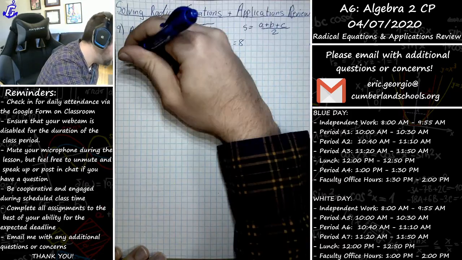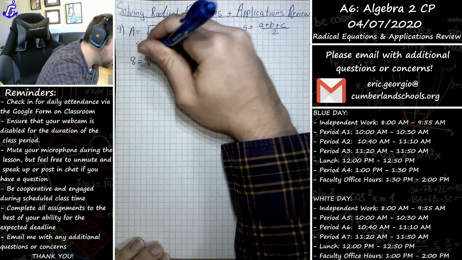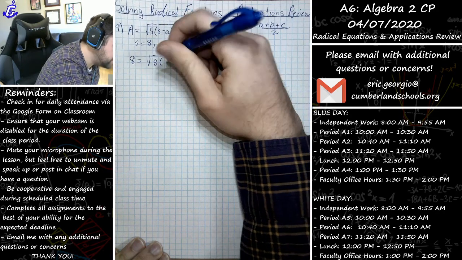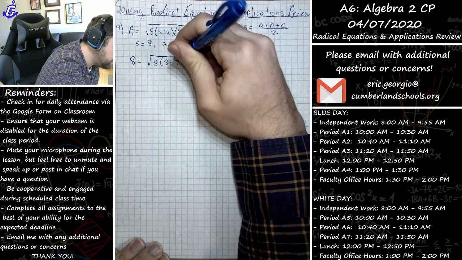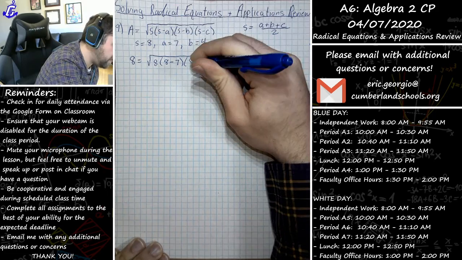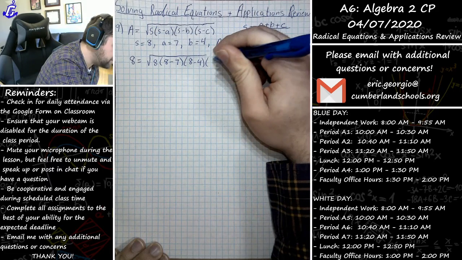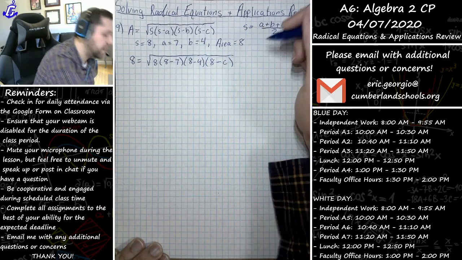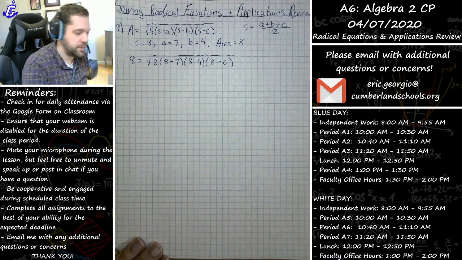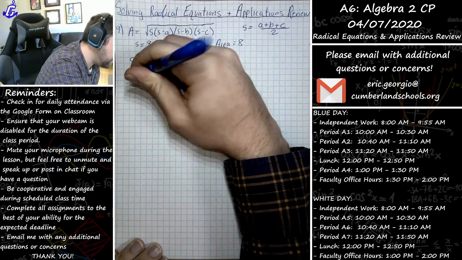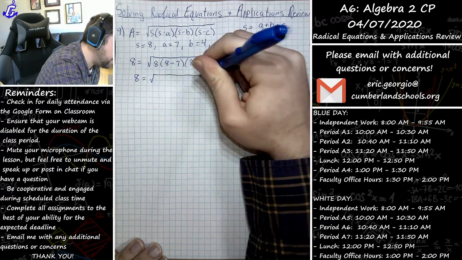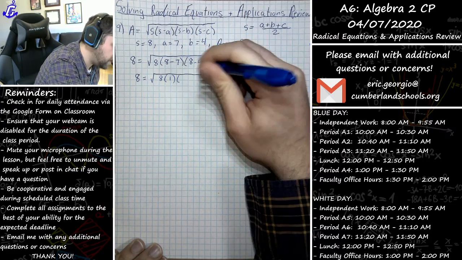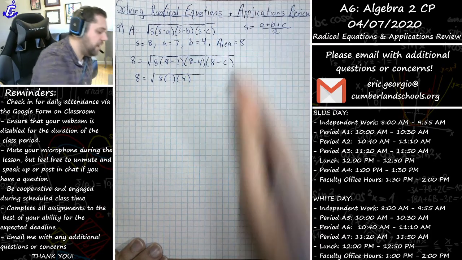I have my area of 8 units is equal to the square root of s, which is equal to 8, times s minus a, that's 8 minus 7, times s minus b, that's 8 minus 4, times s minus c, that's 8 minus C, because I don't know what C actually is, but we're going to go ahead and solve for it. Working all of this out and simplifying the inside a little bit, I get that 8 is equal to the square root of 8 times 8 minus 7 is 1, times 8 minus 4 is 4,